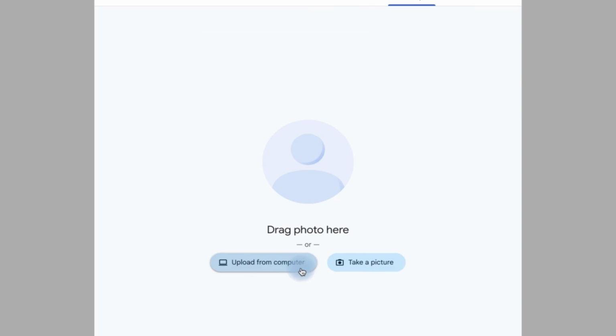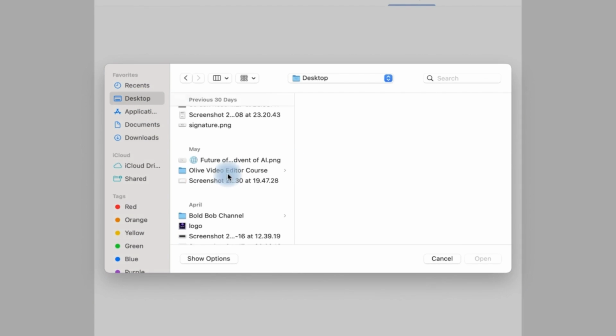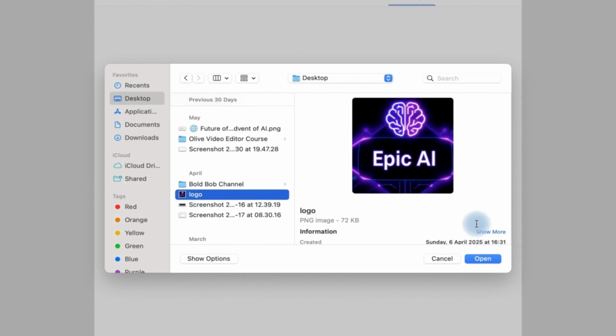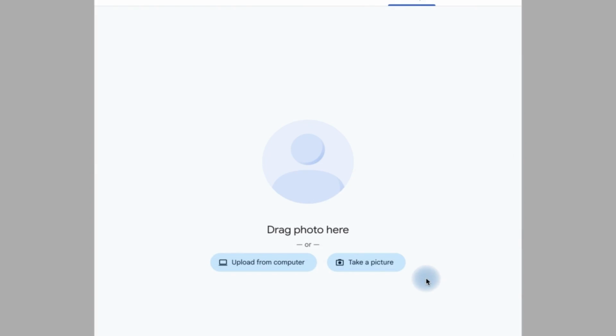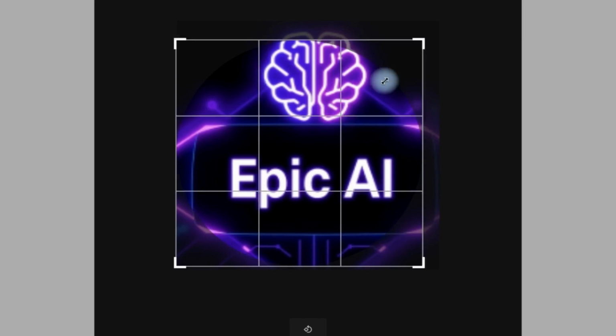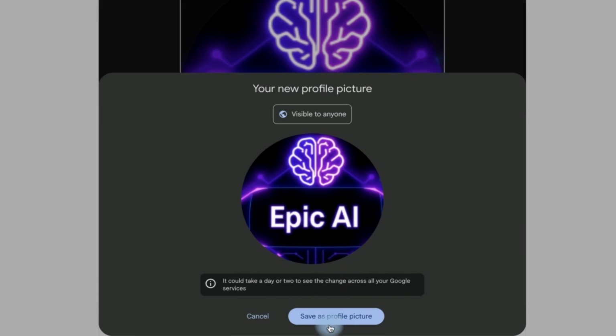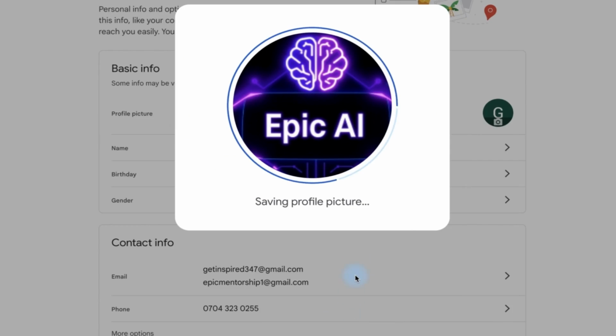So let's say I have from my computer. You can take a photo if you want, but let's say I want to upload. I have something on my desktop called logo, and I can insert it. And now you can crop and change the size into any section. And once you're done, you say OK to this, and you can say save this as your profile picture,